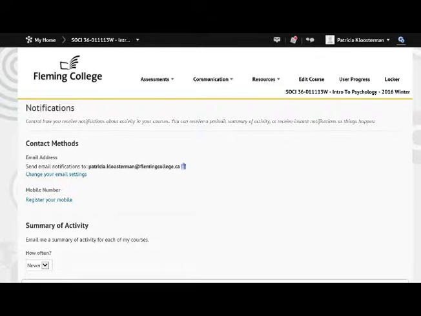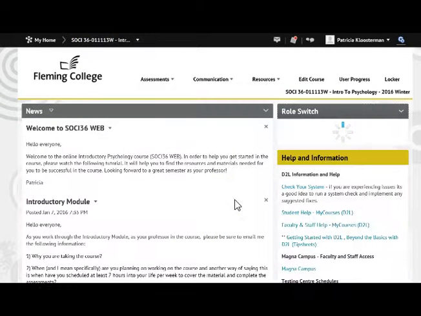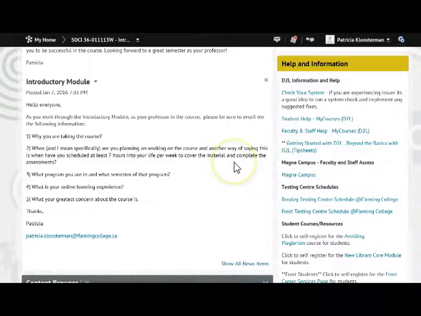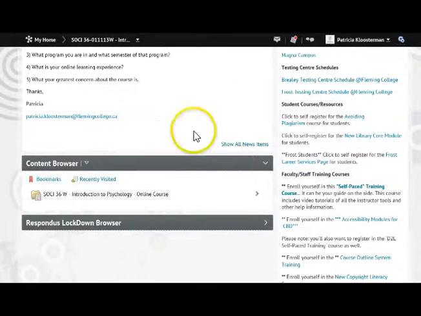Okay, so let's go back to the home page of the course. What I'd like you to do is scroll down and look for Content Browser. Here is Content Browser. In Content Browser, you will find materials needed to be successful in the course. There's a main folder here,